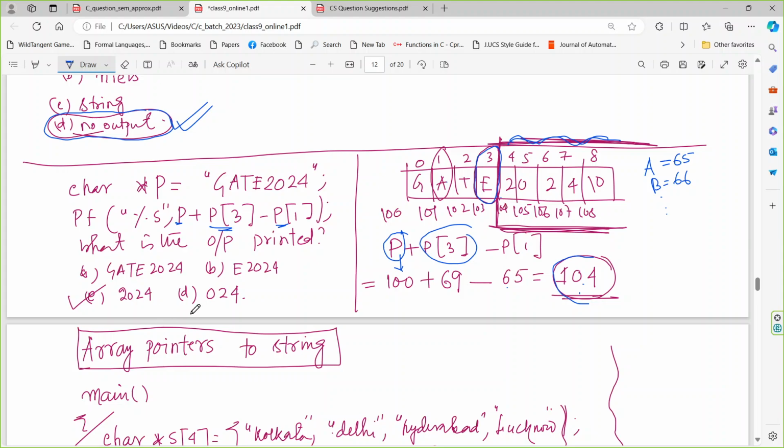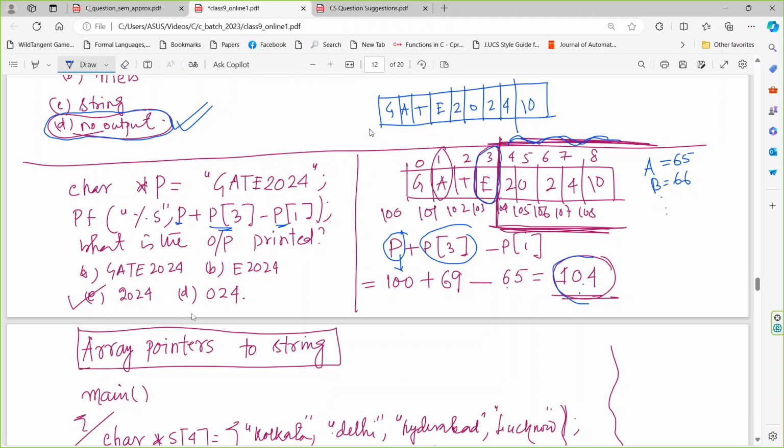বলো। স্যার প্রথমে যেটা পি লিখলেন, মানে পি প্লাস পি অফ থ্রি মাইনাস পি অফ ওয়ান, তাতে পিটা পয়েন্ট করছে। তো যেহেতু প্রথমটাতে বেস একদম অ্যাড্রেস হয়ে গেল, একদম। বাট পি থ্রিটাতে স্যার ওটা তিনটে ধাপ এগোবে, তার কারণ এটা ক্যারেক্টারের ওয়ান বাইট তো স্যার। না না না না, একদম না, আমি সেটা হ্যাঁ বলছি। আমি বলছি ধরো যে কোনো একটা যদি থাকে, if you have a array, get this is 2024 and this is a